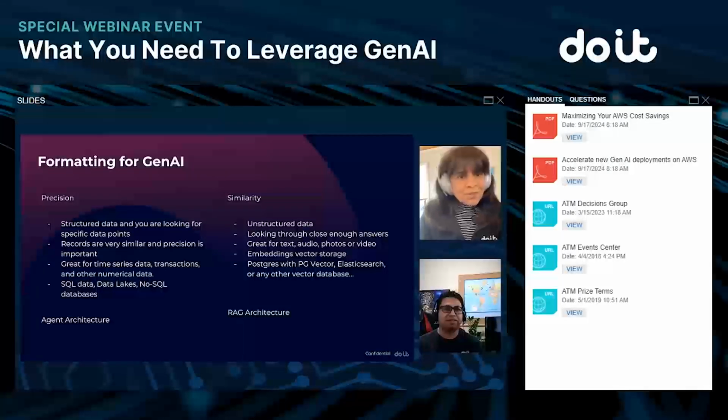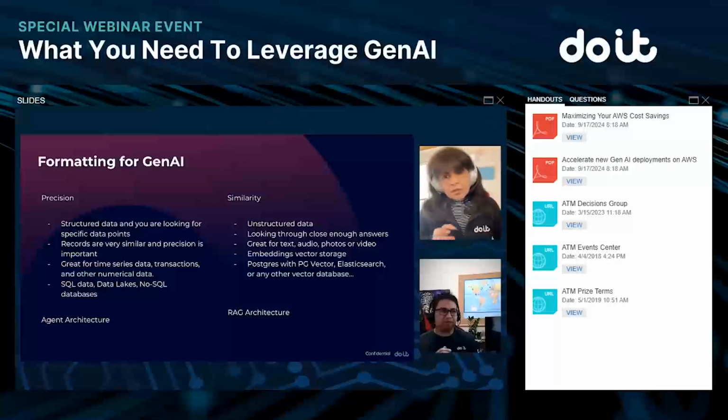Sure. So with the formatting, with the agent architecture, there are two things we're looking at. There is some information that is very specific. Say you have an airline Gen AI chat model, and somebody asks, when is my flight arriving? In that case, you want the name of the customer and information about his flight, and that is very specific, precise information that you want,